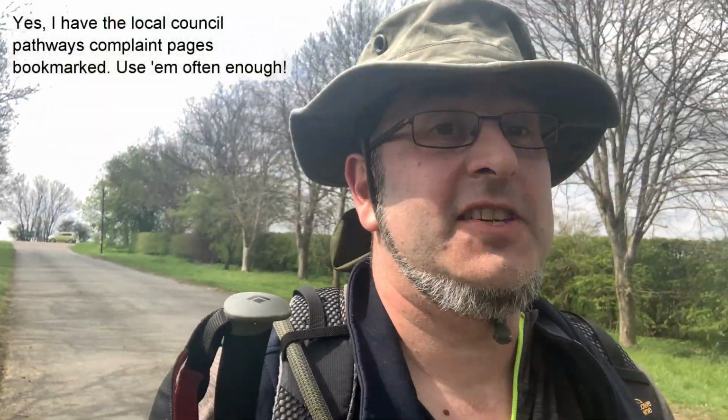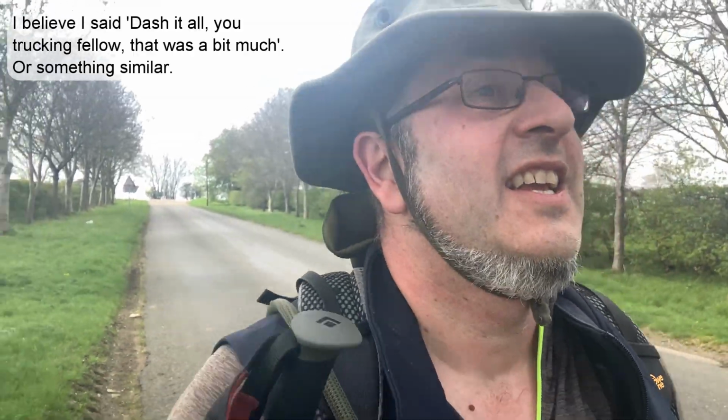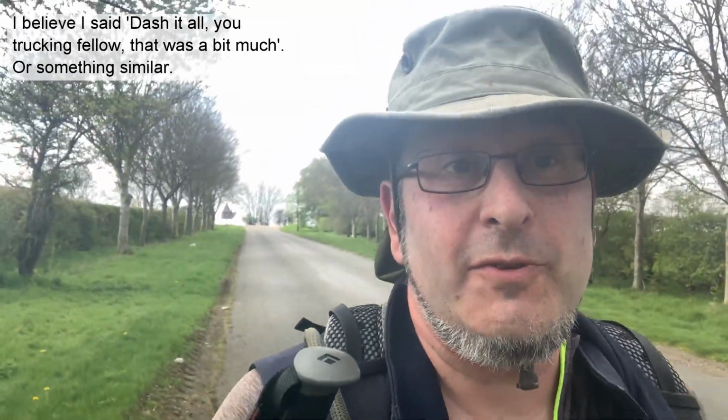And then of course I came out on the junction with the A15 thinking I can go across here into this farm estate, and it's very much a farm estate road, I'm not sure it's public access. So I had to head south along the A15 for a mile, which is not a lot of fun. It's why my hat is now tied on, because it got blown off at least once. And I'm now actually back on the original road I came out of